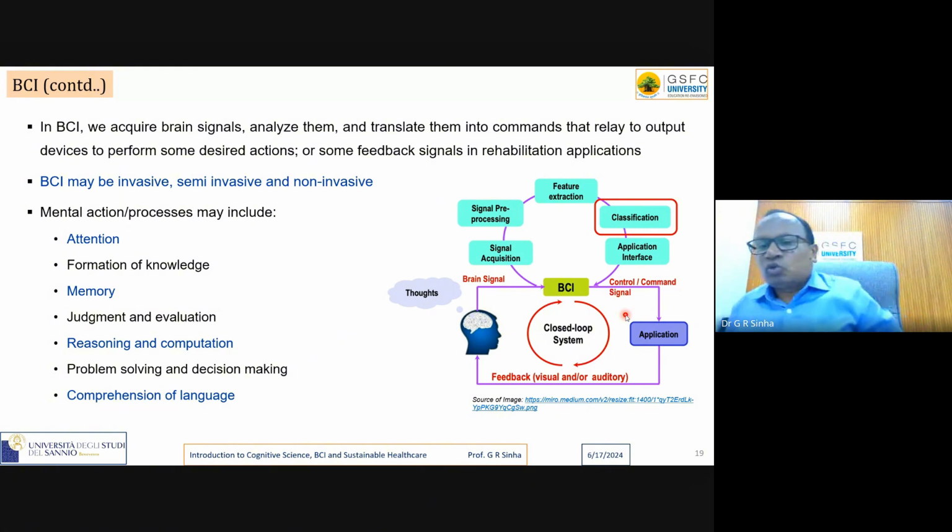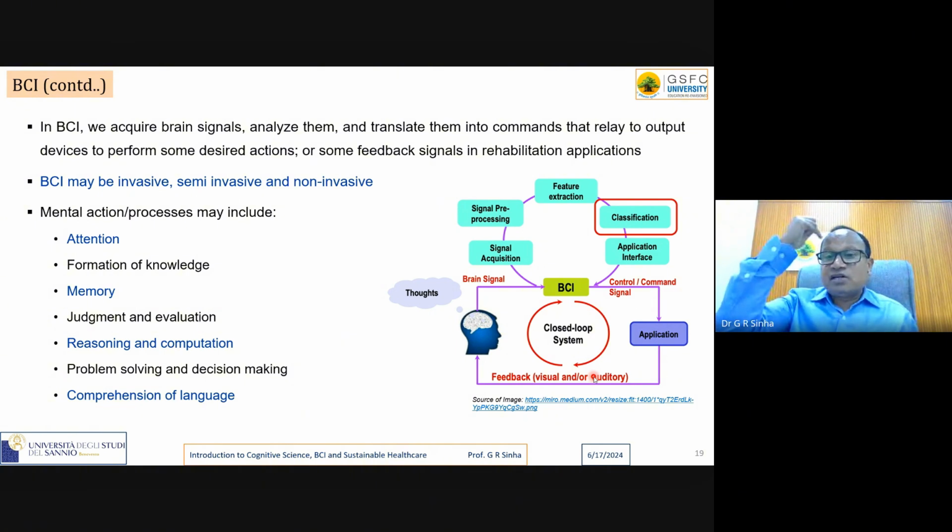And when you want to give feedback, let us understand, this is very interesting. An equivalent feedback signal can be given to the brain again. How do you give it? Through the same channel, through the same wire? No. You can generate visual stimuli, or auditory sound signals, equivalent audio, equivalent pictures, equivalent light, equivalent intensity, and ask the person to watch or to hear, and that will actually recover the damage of that particular part of the brain.